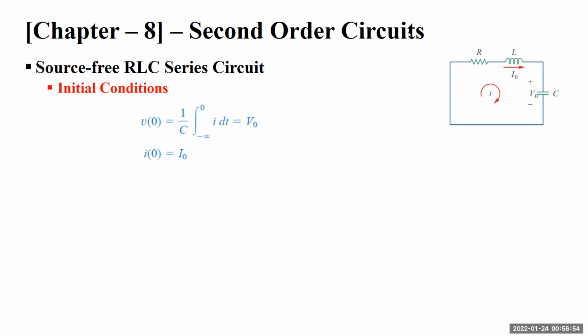So in here we see a series combination of resistor, inductor, and capacitor. Again, remember that this is a source-free RLC circuit. In this circuit, we do not have any voltage or current source, or we can say that no independent or dependent source is attached in this circuit. This circuit practically represents a system in which we have an inductor that is completely magnetized and a capacitor